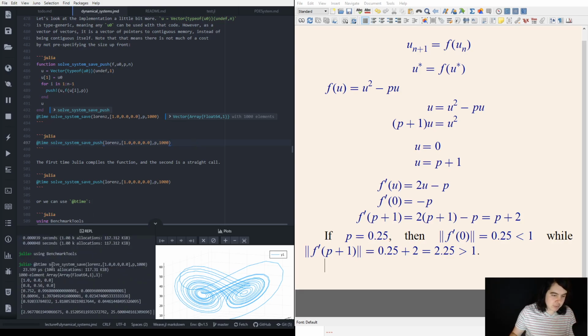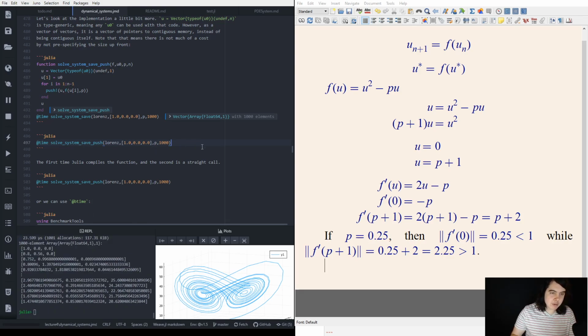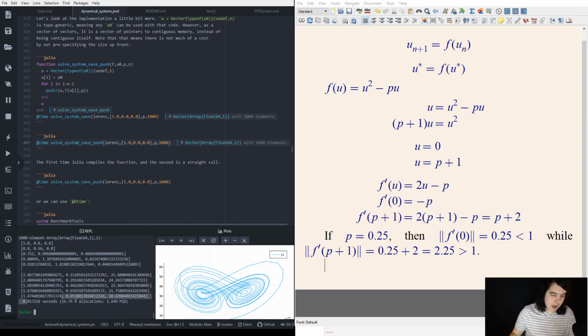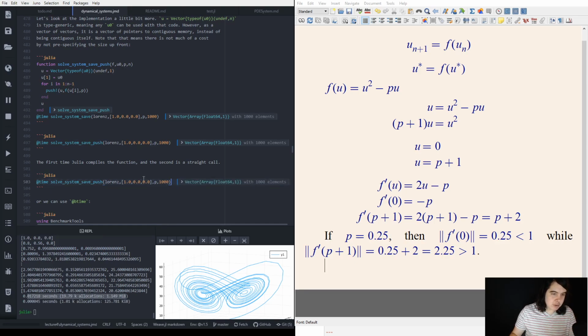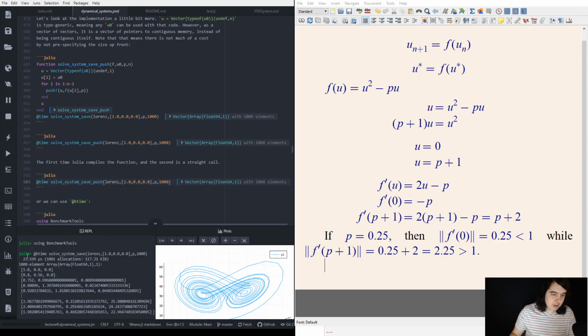Keep this in the REPL. Here the first time you call the function you have a larger time, because Julia will JIT compile the function on the first call, and on the second call this is the JIT compiled version, which is much faster. So here, with @btime, before we had 24